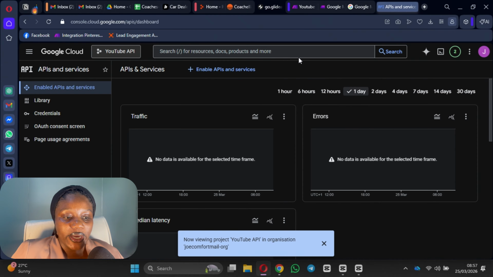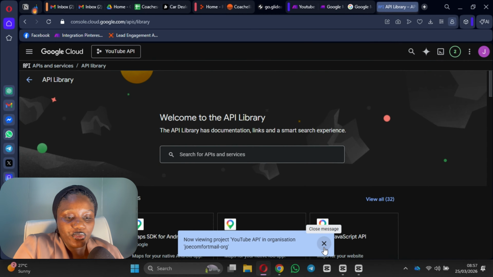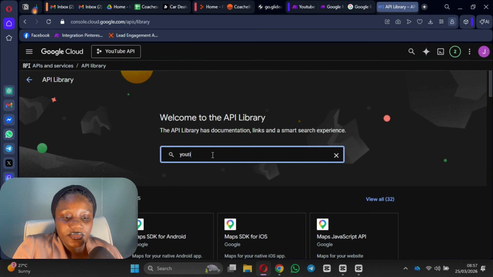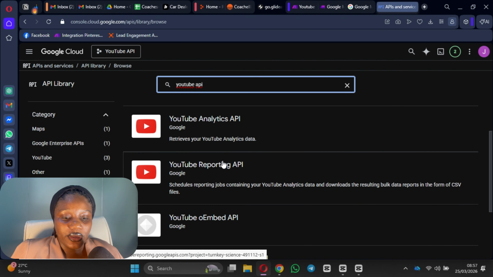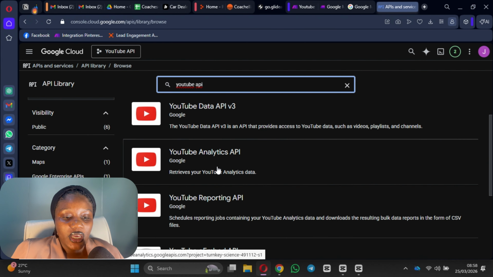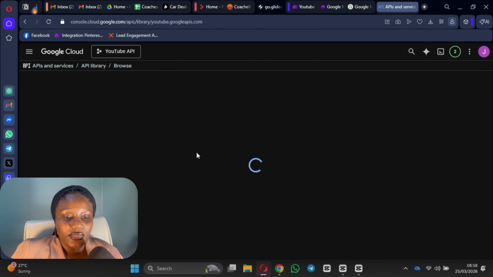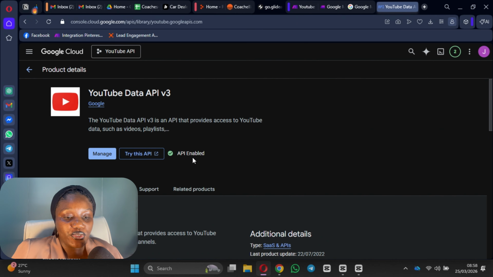So once you are here, you will just come to this library here, and what you're searching for will be your YouTube API. That's just what you search for. And then it is this V3 that you want to put in, because I don't want analytics, I don't want reporting. If I wanted analytics, maybe I would install this, but this one I only want YouTube data such as videos, so that's the one I want. So I'll just click on this, and you see I already enabled mine,